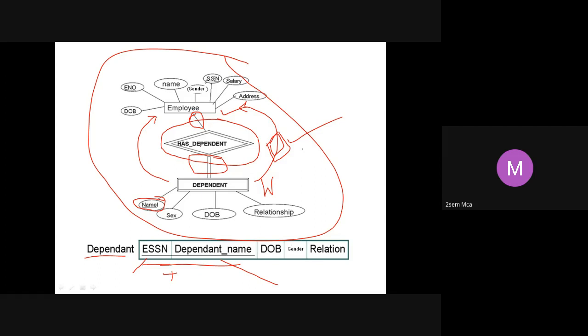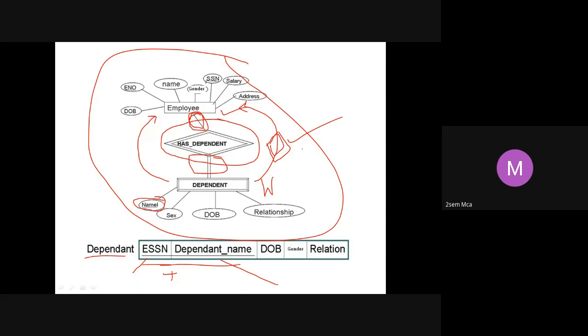That's why I said if my dependents are there, they have somebody, because I am there in the organization. I can call them my dependents. A dependent simply will not exist if you don't have an employee. But look at this part, it is partial. Why? Every employee need not have dependents. Suppose I don't have anyone, so I don't have any dependents on me. So every employee need not have dependents. That's why it is partial.